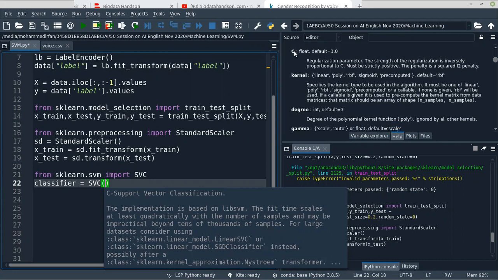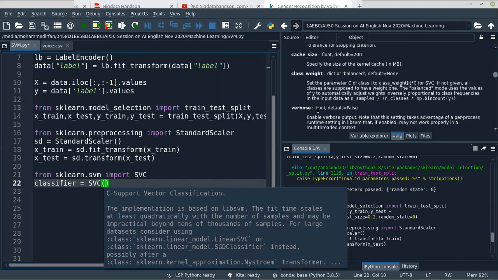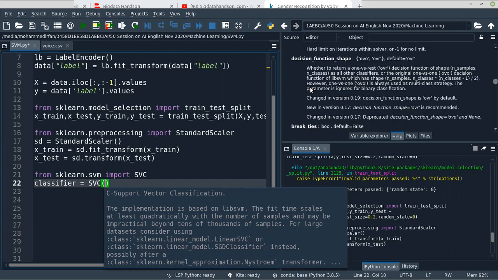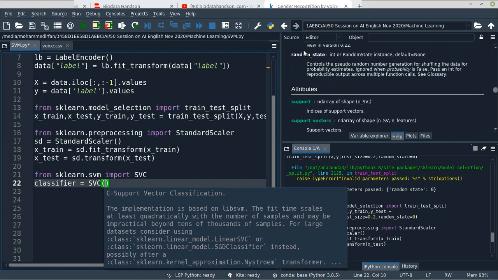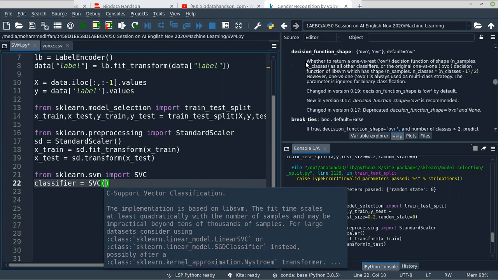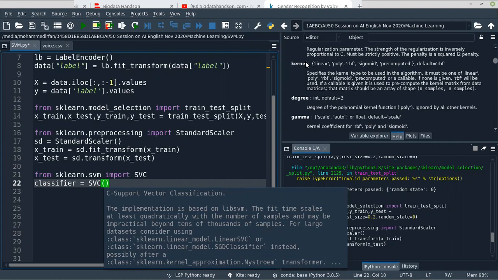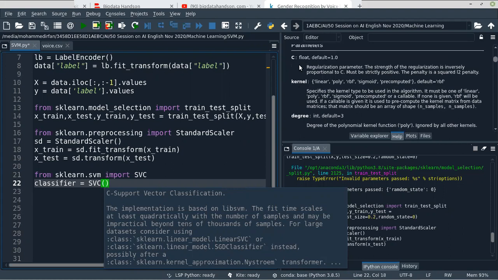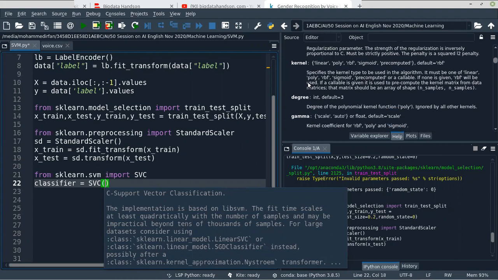We have some parameters like C, kernel, degree, gamma, and you can select the random state also. This parameter will be useful, random state. Mostly we use these four parameters, that is gamma, degree, kernel, C. These four are important parameters.